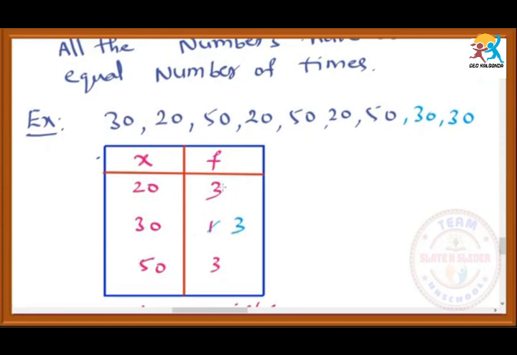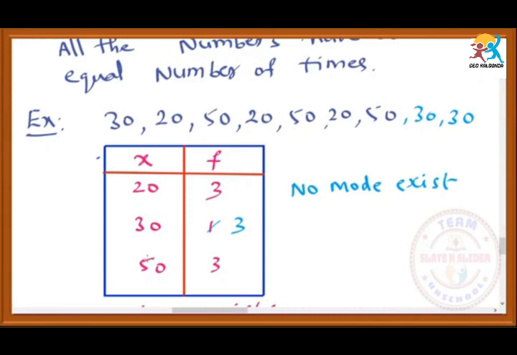That means their frequencies are equal. So we can't say which number has come more number of times. We are unable to say. That's why if the question is like this, then we can say that no mode exists. Here we should not write 3 modes exist. Why? Because we have 3 numbers and 3 numbers have come equal number of times. So how can we say which number has come more number of times? All are equal. So if the frequency of all the numbers are equal, then no mode exists.